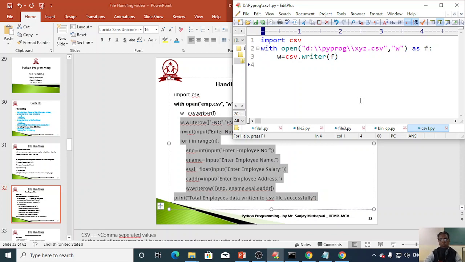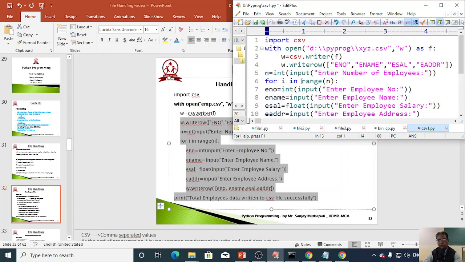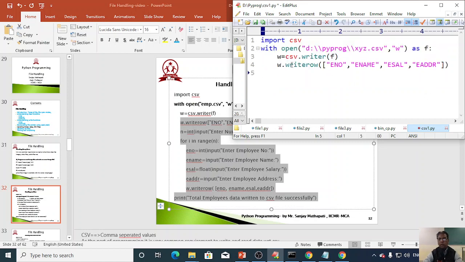And again, we have to remember that indentation is important. If I write only this much, what happens? W, that is the CSV writer object, dot writerow. This is responsible for writing a single row, and all these are the headings.